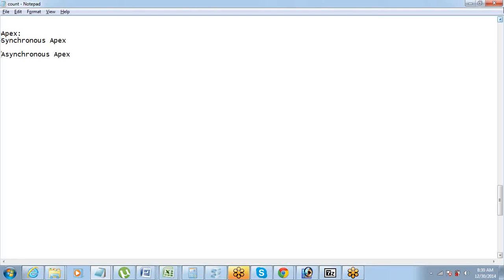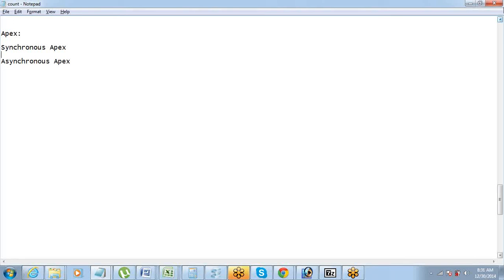What is synchronous and what is asynchronous? Synchronous is something which happens in sync with the end user action. Okay, that is what a synchronous thing means, right? Something which is happening in sync with some other thing. Now synchronous Apex gets executed in sync with the end user action.